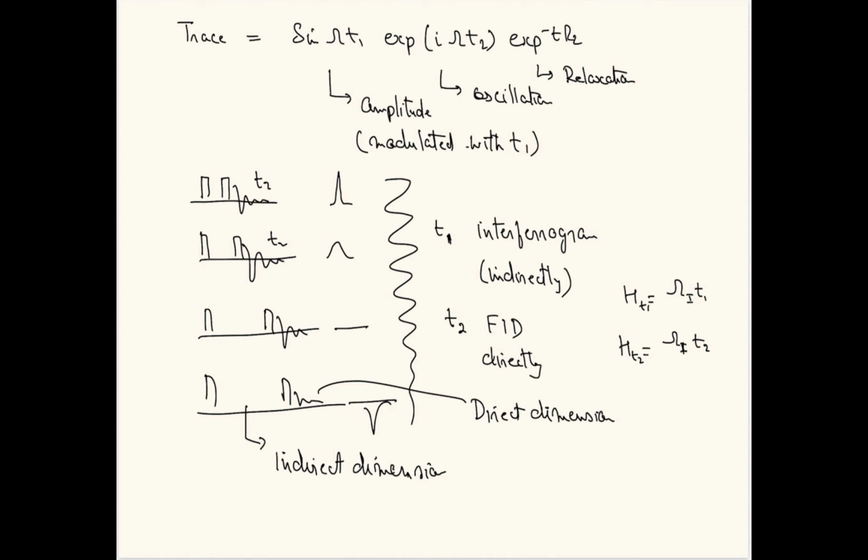Therefore the signal is observed at that frequency. When you Fourier transform the signal obtained here, you will get signal only when f1 matches f2, right? In all other conditions the signal will go to 0. That can be tested by carrying out the Fourier transformation. I'm not going to do that here, but you can try doing it. So if f1 is equal to f2, the signal is observed.